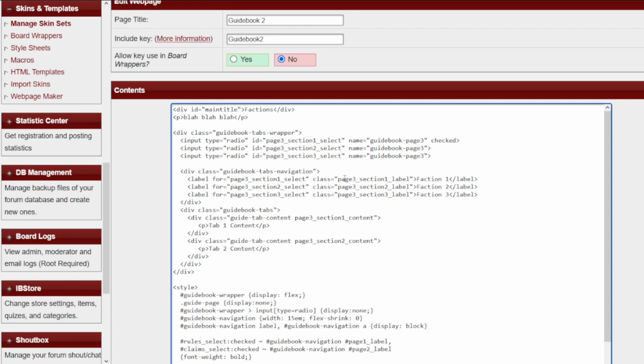And we're going to take out page 3 here. We're just going to say section 1 label, section 2 label, section 3 label. And we're going to make a class here for each of these sections. And this class,